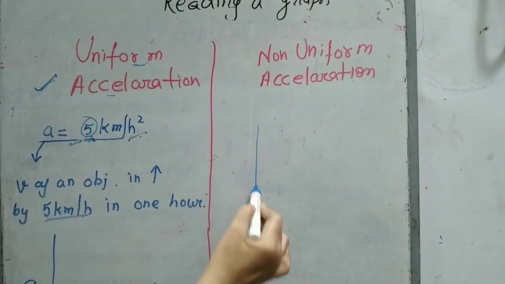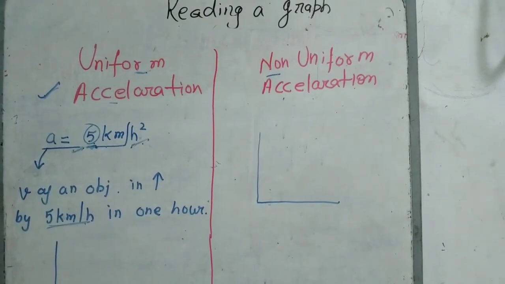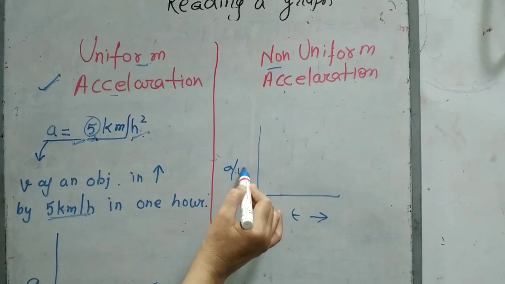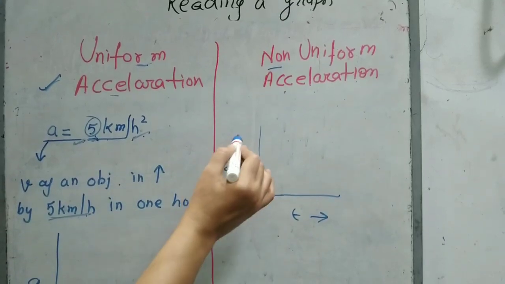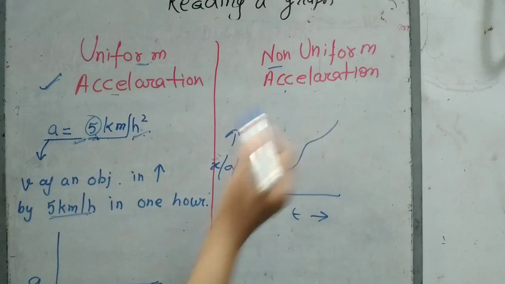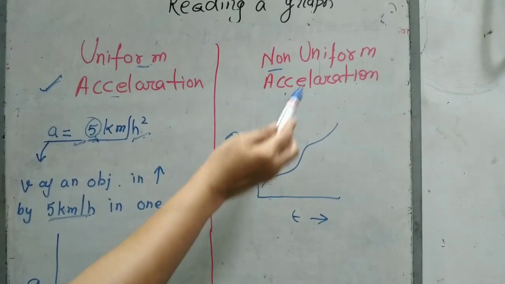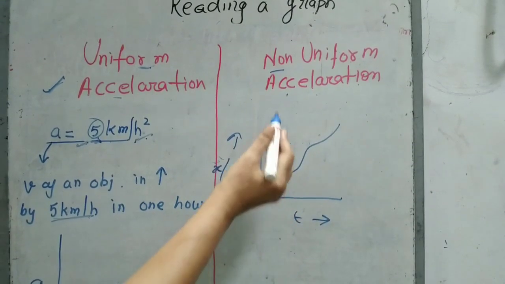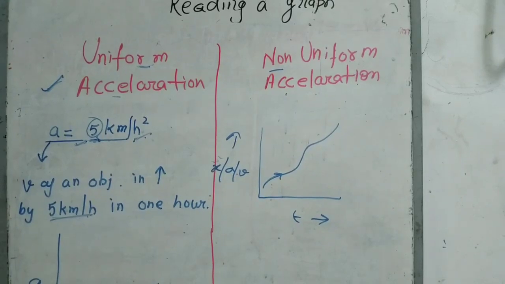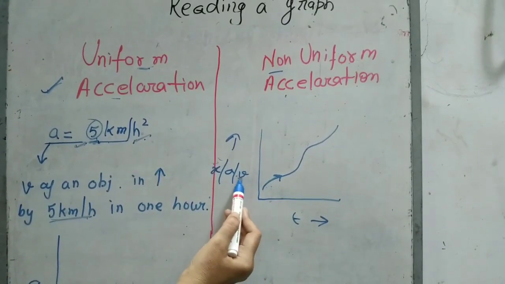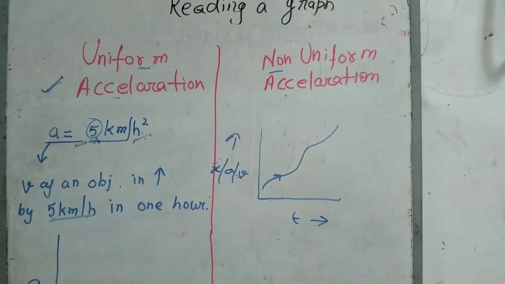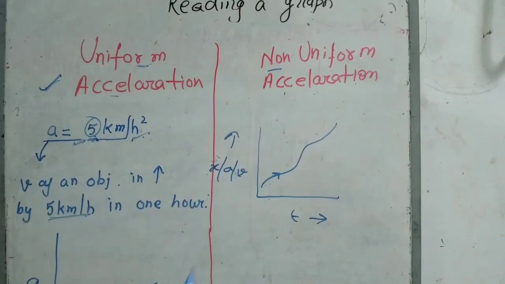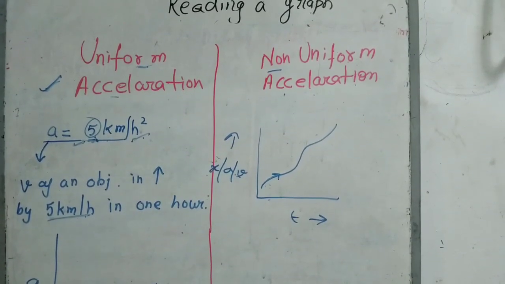Non-uniform acceleration: as we can see, acceleration is non-uniform, that is, not fixed. So whether it is the acceleration time graph or velocity time graph or position time graph, it will be a random curve line. Why? Because as the acceleration is non-uniform, as the graph moves up, that shows acceleration is increasing. As the acceleration is increasing, its velocity will always increase and its position will also always increase. So it has a common graph for non-uniform motion, any curve or turning line.